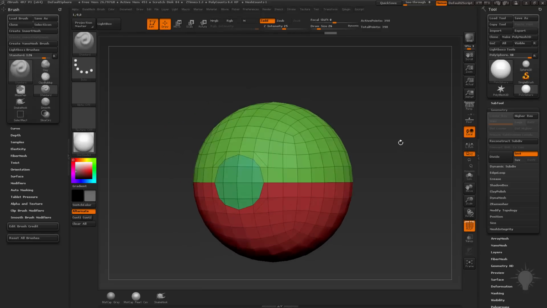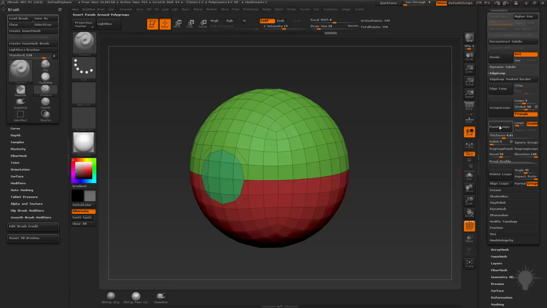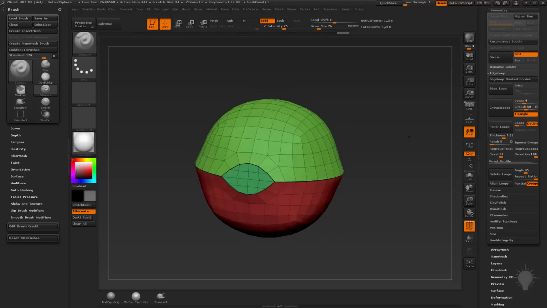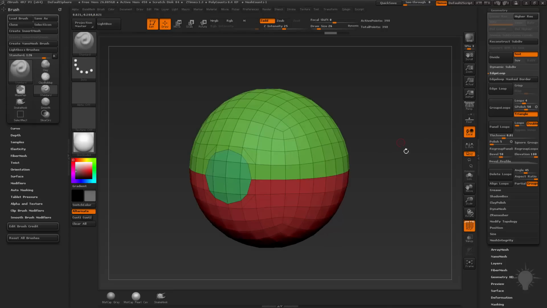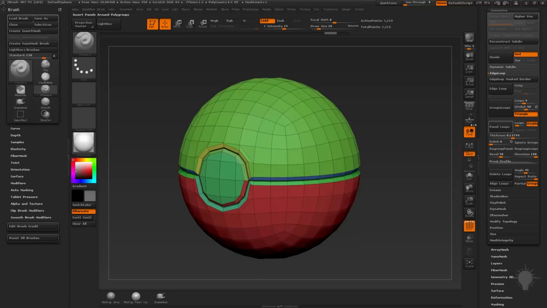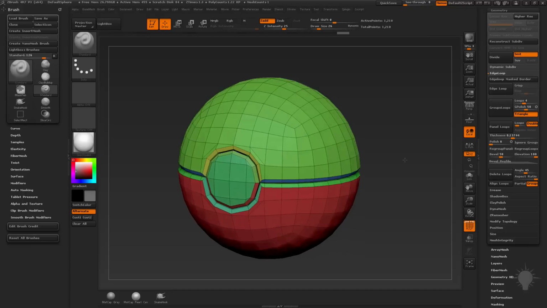And so now what I can do is I can do a quick panel loops. So if I go over here to my edge loop properties, you're going to see I have panel loop options. If I just hit panel loop, what it's going to do is kind of do an overall averaging of some vertices. I don't want that to happen, so I'm going to take this polish and just drag that down to 0. The other thing is it's not making it very thick, so I'm going to crank that thickness up to 1.3, and then hit panel loops again, and you're going to see it's kind of bubbling out as it does